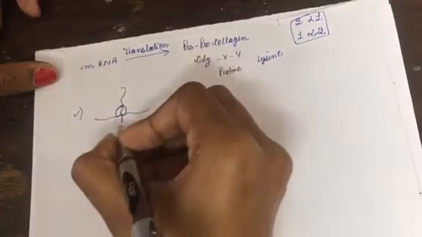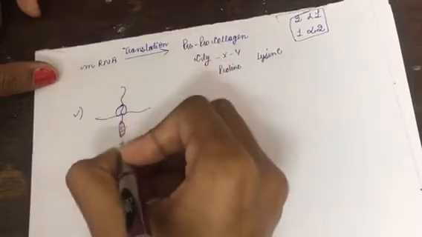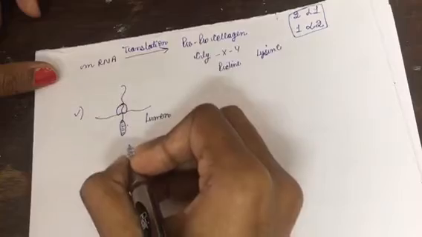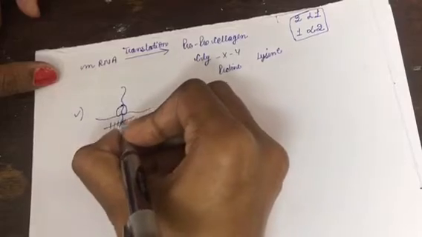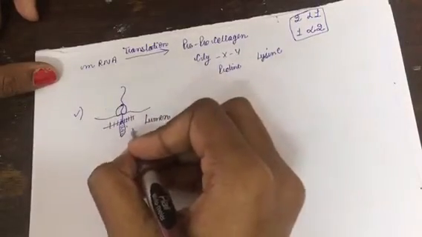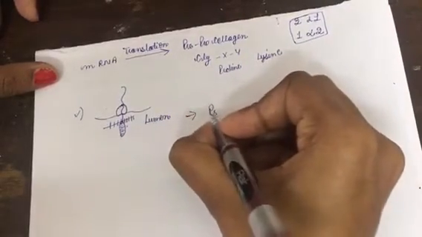So this signal peptide will be somewhere here. So it will enter the lumen of the endoplasmic reticulum, and after its entry into the lumen, this signal peptide gets cleaved off, right? So after the cleavage of the signal peptide, this product is pro-collagen,